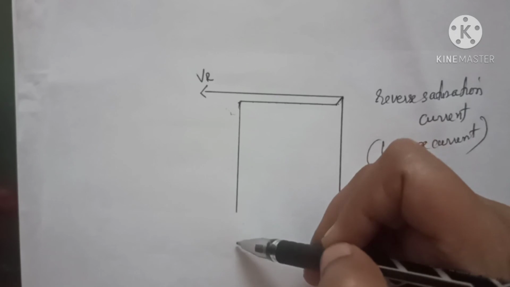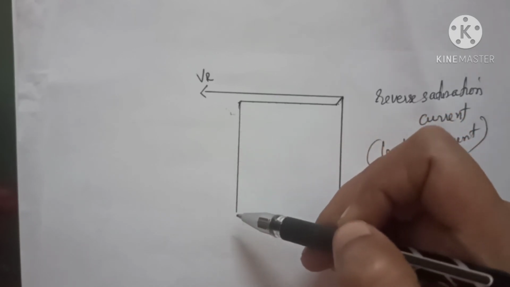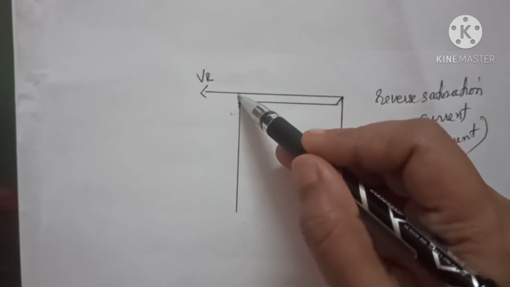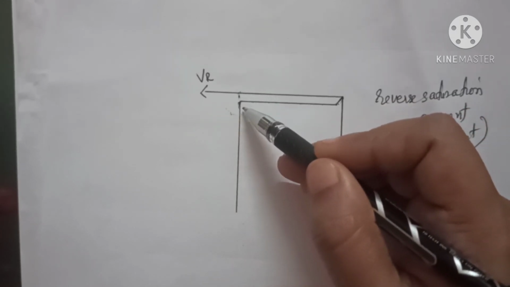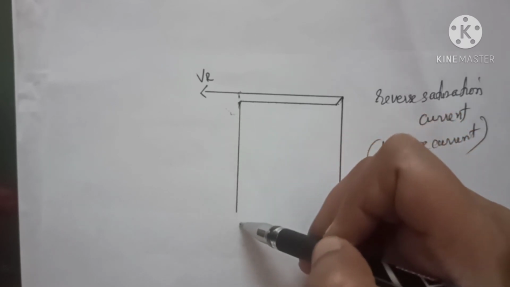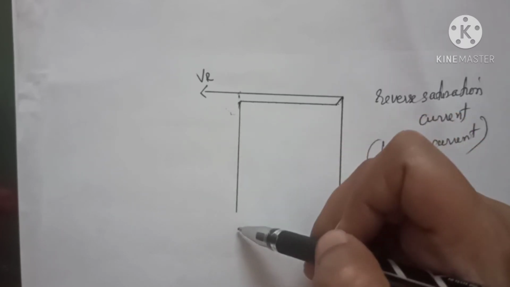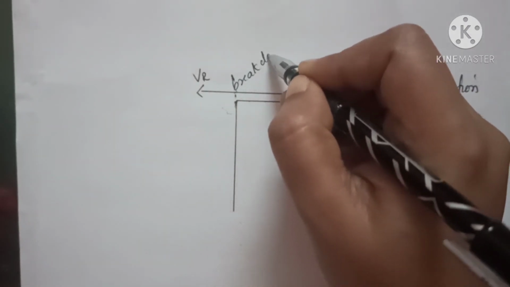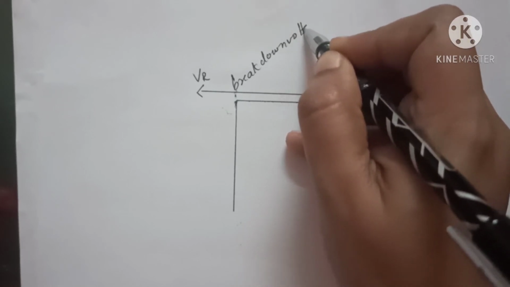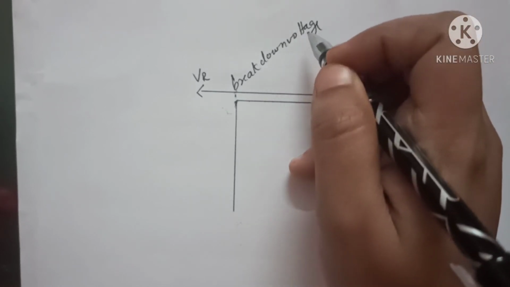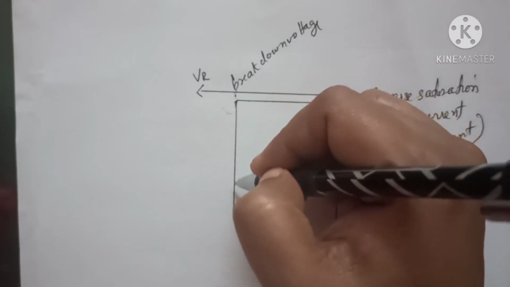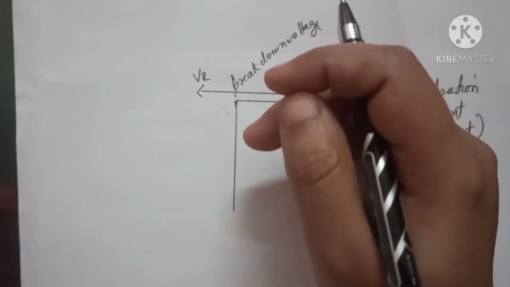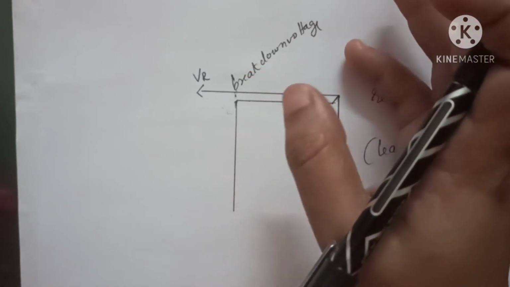Now, again, if VR is increased beyond this critical value, the reverse current IR increases rapidly. You can see that in the diagram. You can see there is a rapid increase in the reverse current IR. So, this critical reverse voltage at which the PN junction breaks down with a sudden rise in the reverse current is known as the breakdown voltage. So, what is breakdown voltage? At this breakdown voltage, you can see a sudden rise in the reverse current. Understood? Its value actually depends upon the density of the impurity atoms.